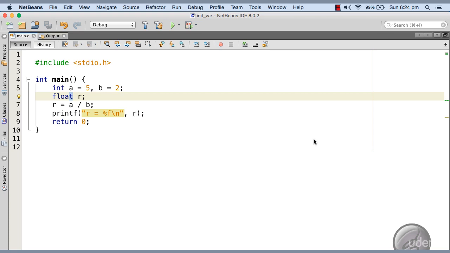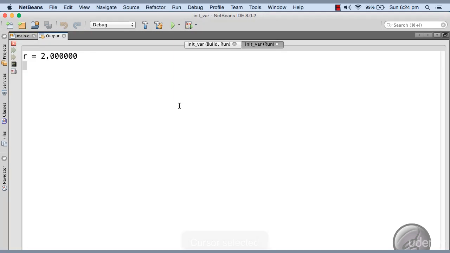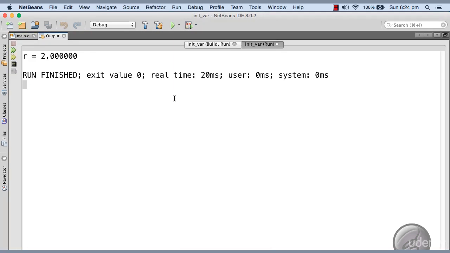Since the value of a is 5 and b is 2, we can guess that the result of this division operation a divided by b is going to be 2.5. But the case is not so. I'm executing the program to show you the result, that what it actually prints. Oops, it's not 2.5, rather it's